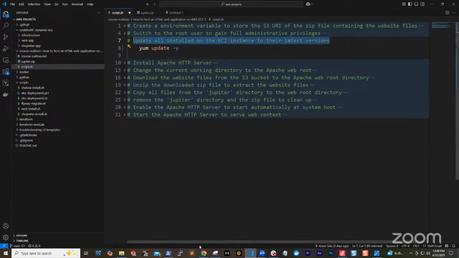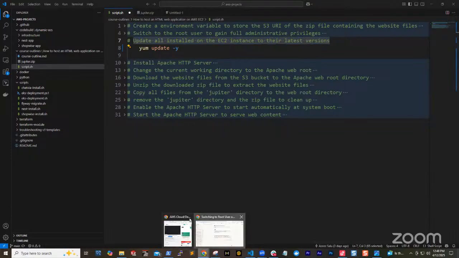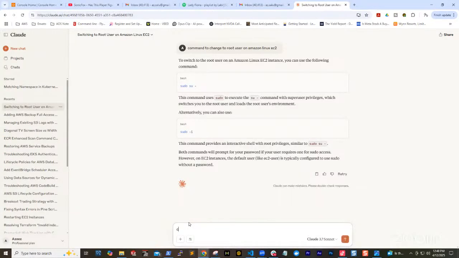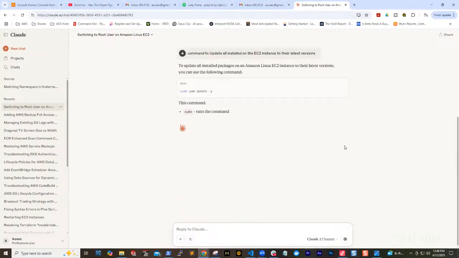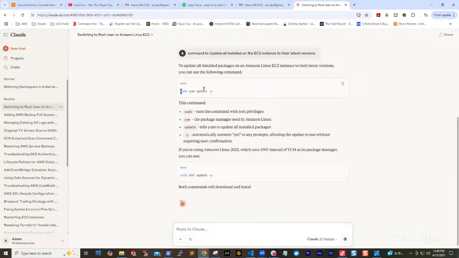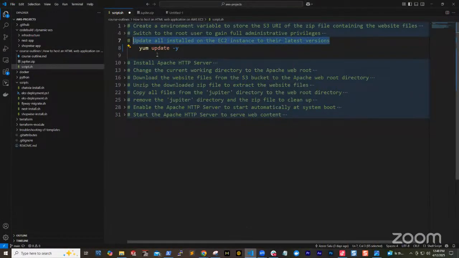How to update and install the... okay. So I can even just copy my notes and paste it there. In the beginning, I'll just type command to update all installed. See? And you copy that and you put it here. It says the same. That is how you build your script. That's what I meant by you don't have to know the script. You don't have to know the command often. Just know what you are trying to do.